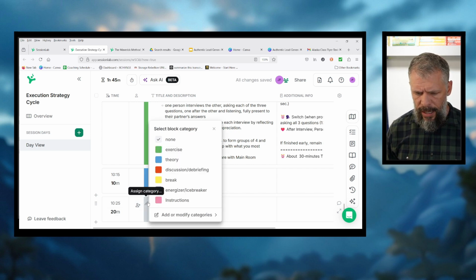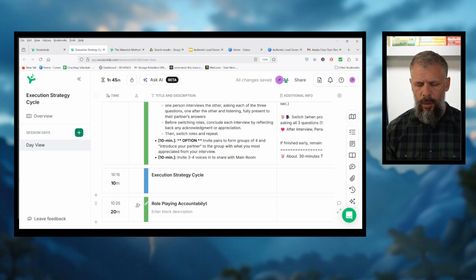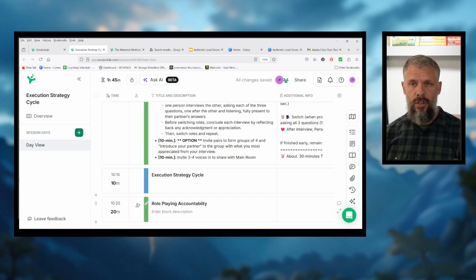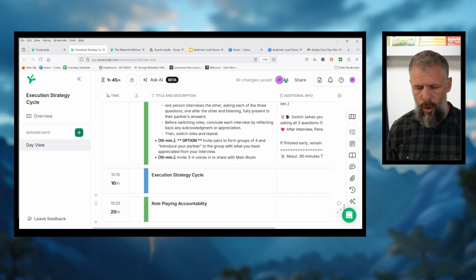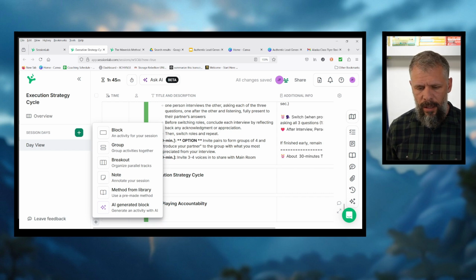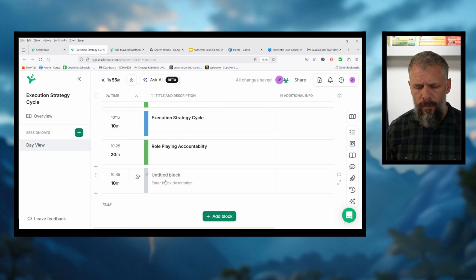And that exercise, we're going to call it right here. This exercise is going to be called role-playing accountability. So within the teaching that I'm going to do on the execution strategy cycle, there's an accountability conversation that's scripted. And I'm going to give them a chance to actually role-play that accountability. The last 3 blocks that we're going to include are going to be 15 minutes